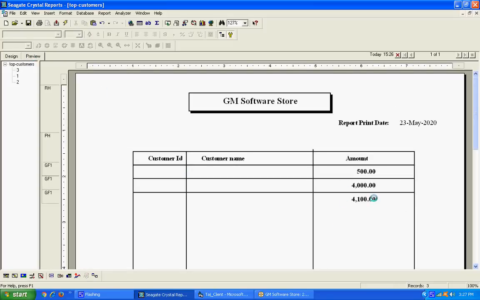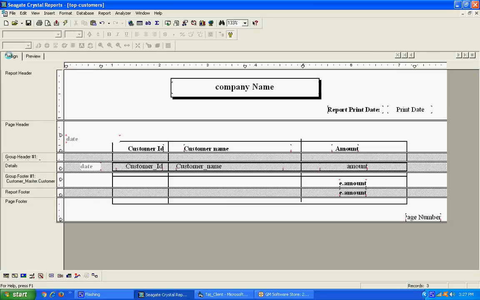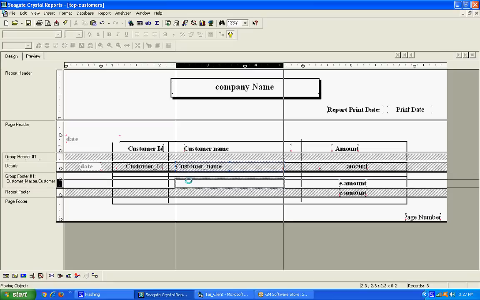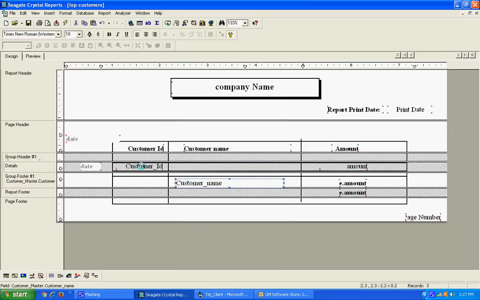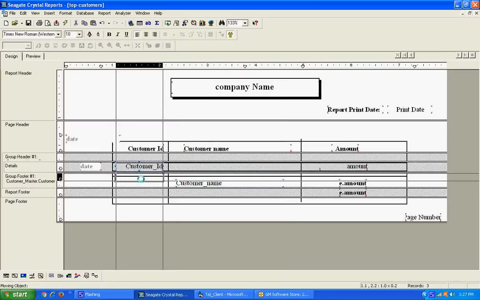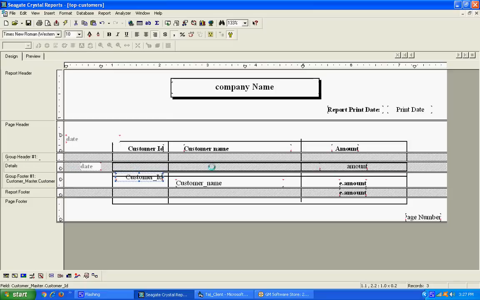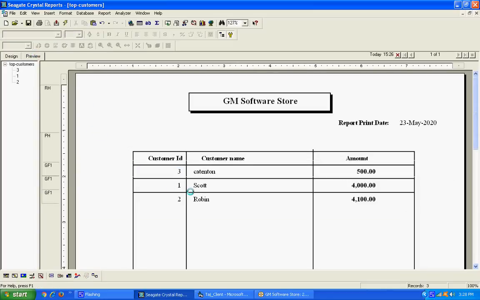At this time I am going to show it, but there is a problem: no customer ID and no customer name show. To solve this issue, paste the customer name here and the customer ID here, because this field shows the customer name and data. Just check the preview. Done. Well done, successfully done.